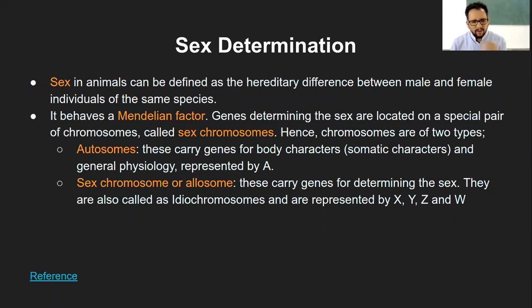I don't know if you know this fact: the Y chromosome is very short, and the X chromosome is very long. Yes, like I've seen the drawing, they draw it like that. Obviously the number of genes present on the Y chromosome will be totally different from the number of genes present on the X chromosome, plus the function that those genes regulate is again different. So the X and Y chromosomes are totally different.